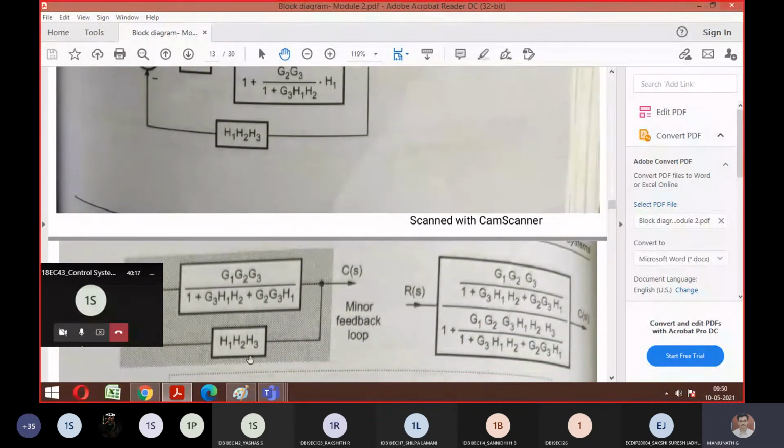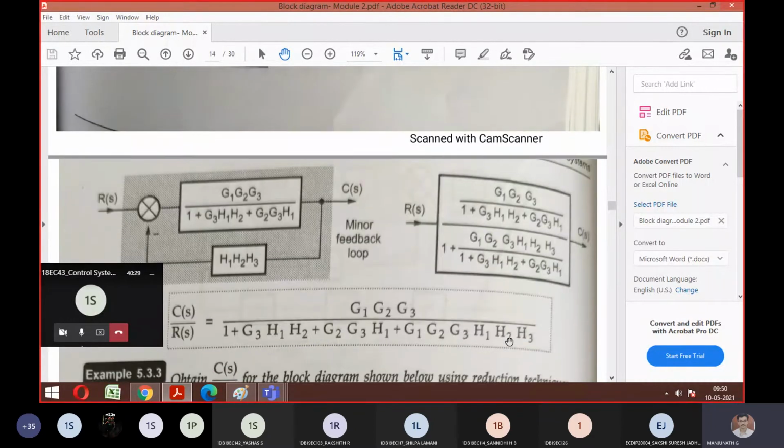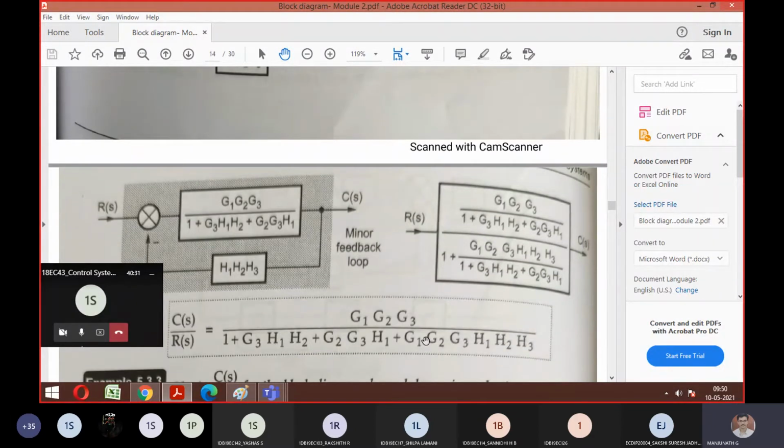Then again this is a complete feedback path. This is the answer they're telling. In this again, the same thing, you can take the LCM and cancel it off. So look at the answer. Is it what you got, people? Everyone? So G1, G2, G3 numerator whole divided by this answer, because again here 1 plus G3H1 and 1 plus G3H1 will get cancelled. This LCM has been taken here. Is it okay with this answer to everyone? Yes, sir. Good. Shall we move on to the next problem?